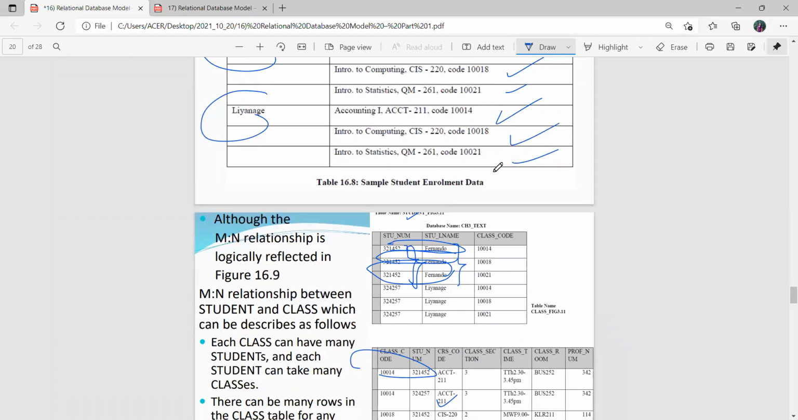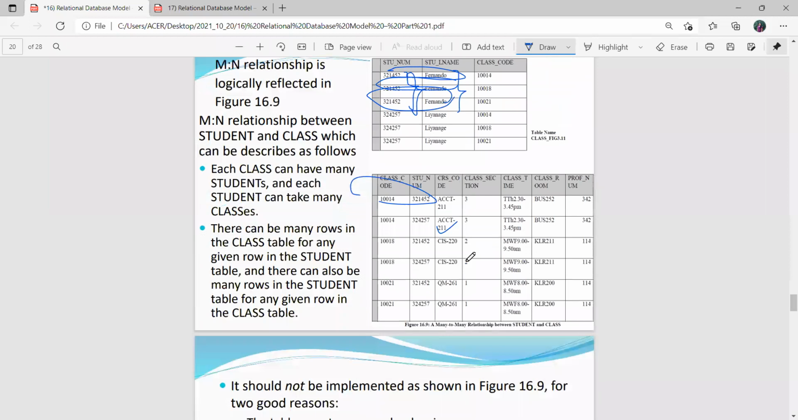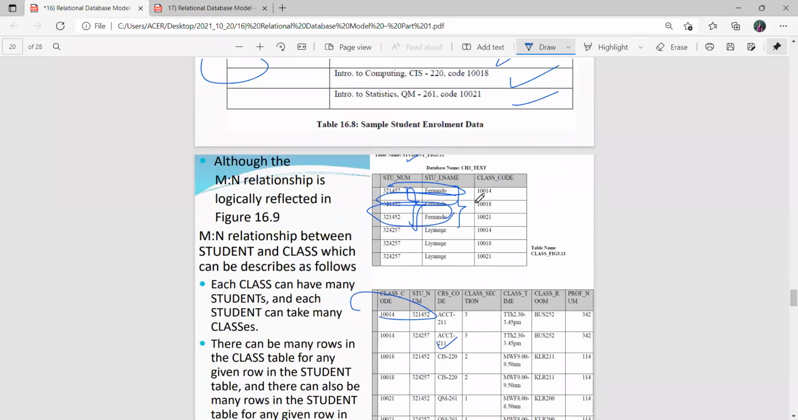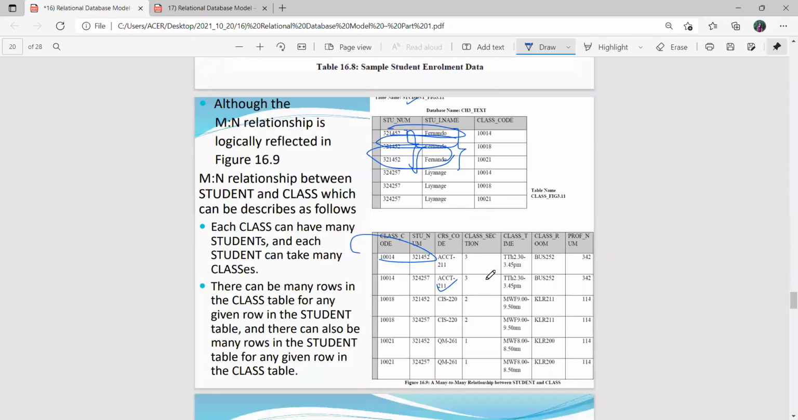There are so many duplicate values. So we need to avoid this duplicate value or data redundancy. So when considering the ER diagram and the database, the main objective is to minimize the data redundancy. You can see the data has so many duplicate values, so a lot of redundancy occurs